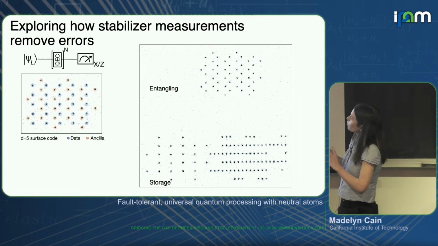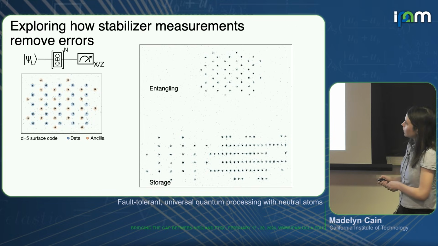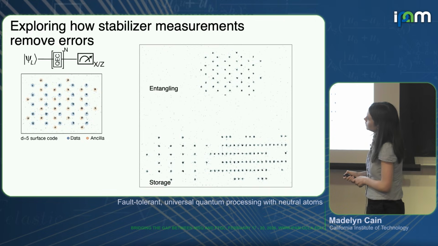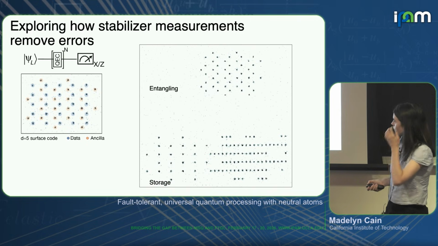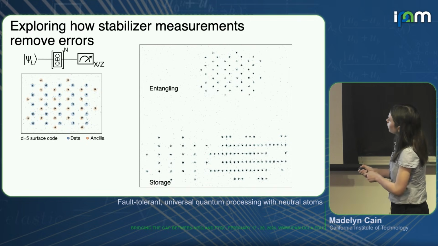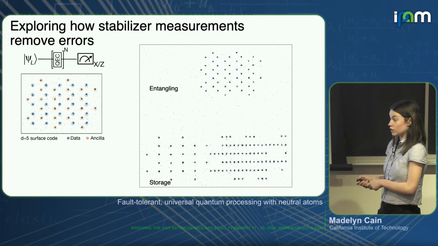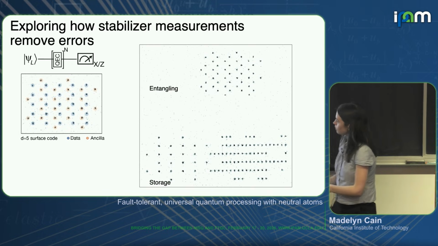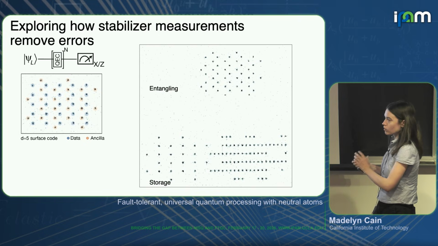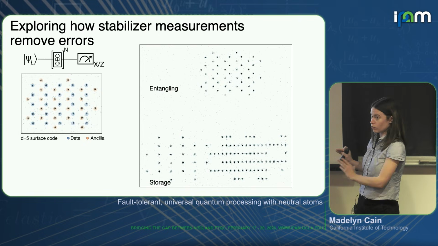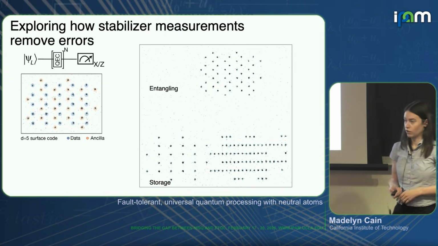So first what we're going to do is take a single surface code. Here you can see the data and the ancilla qubits. It's distance 5. And we're just going to do repeated stabilizer measurements on our surface code. Going back to your question, here we have a storage zone of ancilla qubits, and the entangling zone is where our data qubits will live. When we want to do a round of stabilizer measurements, we'll take a group of ancilla qubits, drag them into the entangling zone, do in this case 4 gates required to measure the stabilizers, and then bring the ancilla qubits into the readout zone in order to measure them.